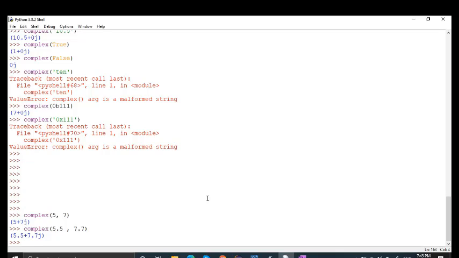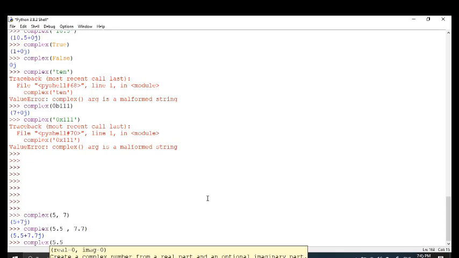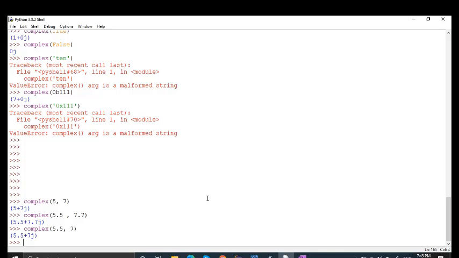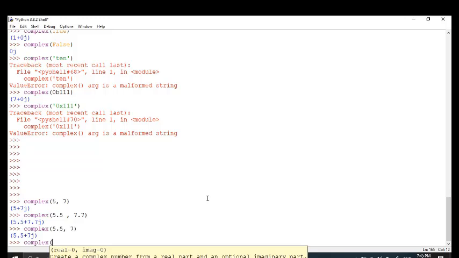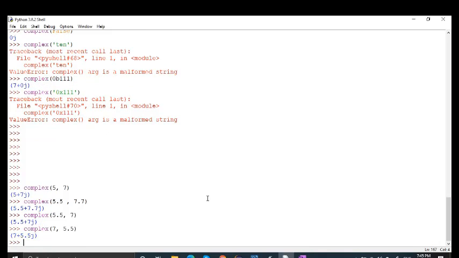It's working fine. Now if you write 5.5 comma 7, you can see that it is working with float and int. Now I am writing here complex 7 comma 5.5, right? So this is also working fine.